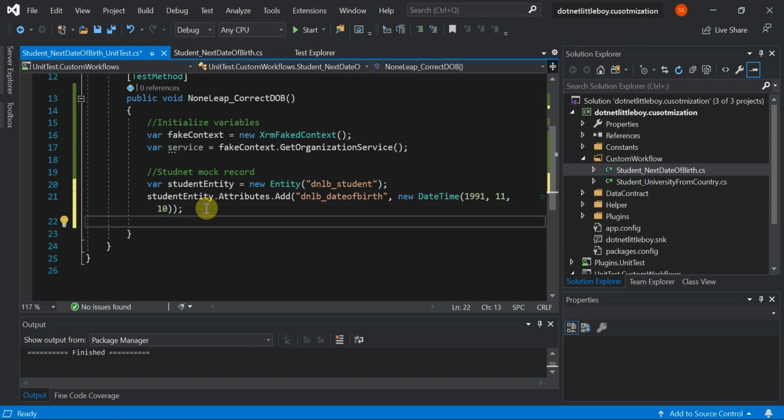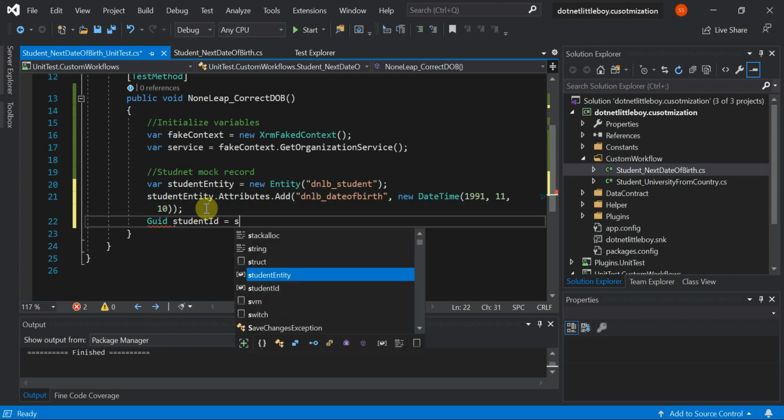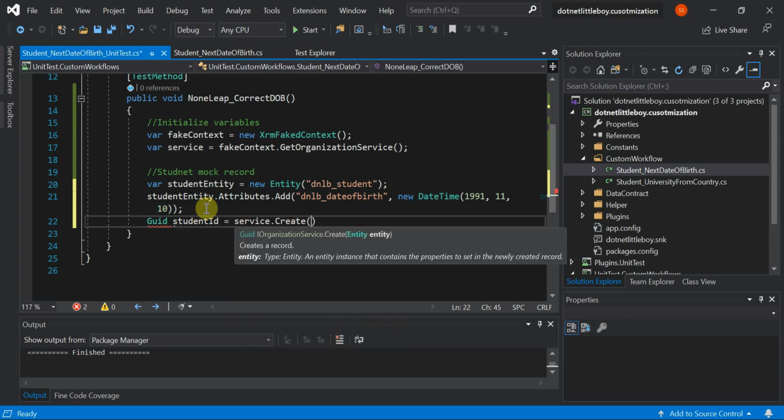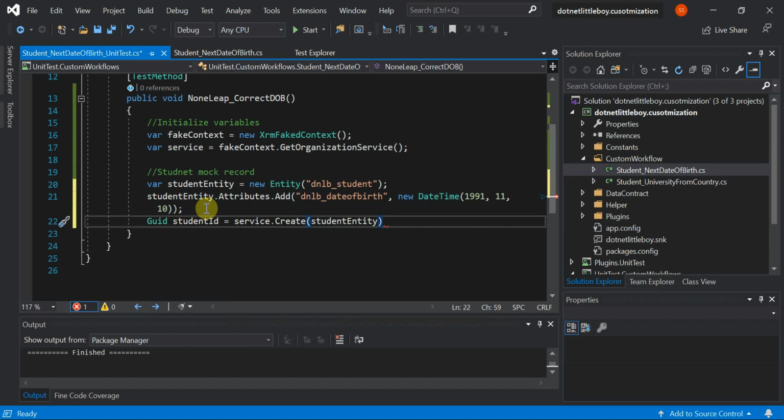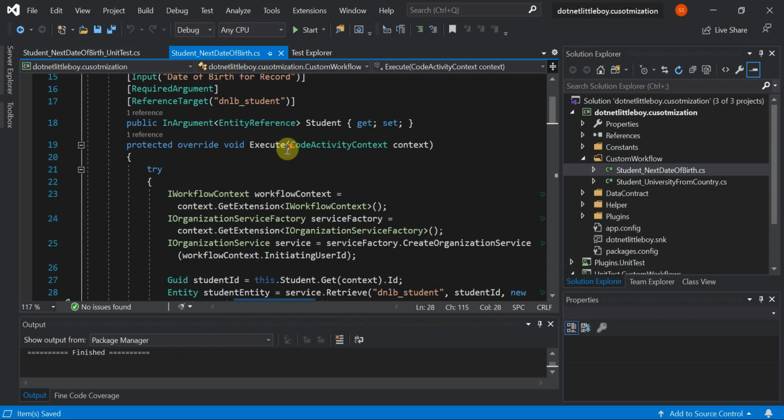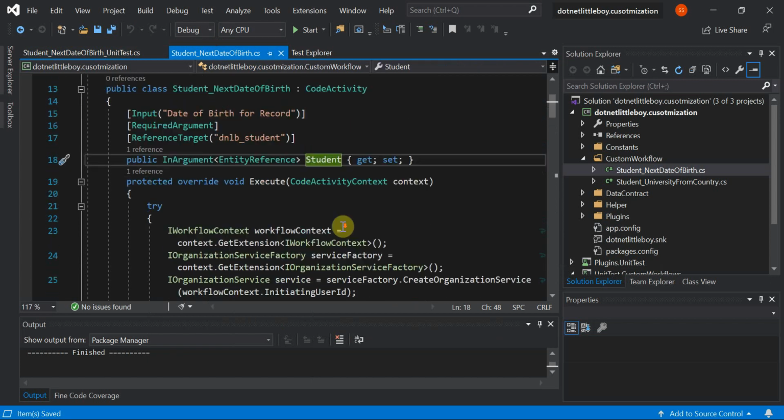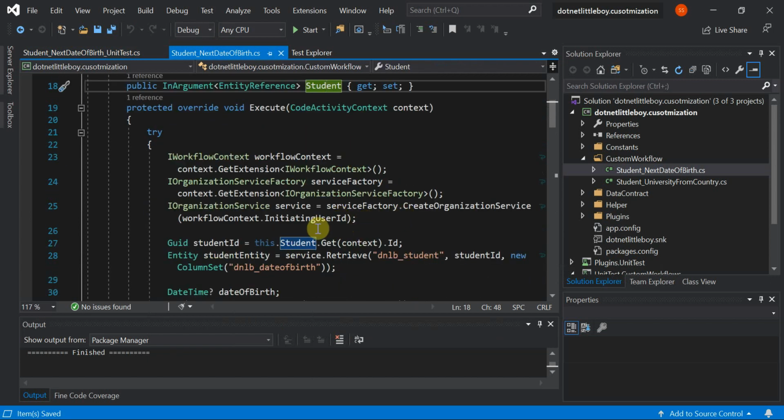So I have to create this. So GUID student ID equals service dot create, then student entity. Once it is created, this student ID will be generated, and I have to pass this student ID as an input argument here, so that with the same ID it will get the record through the retrieve method, right?